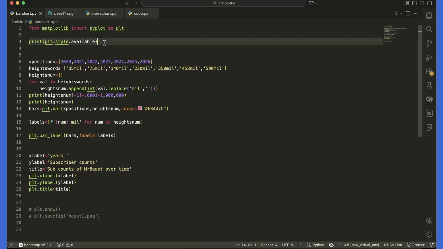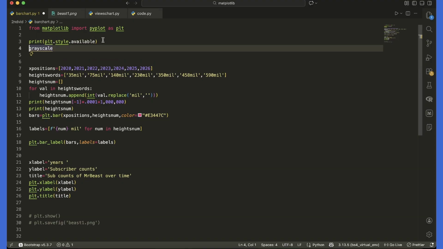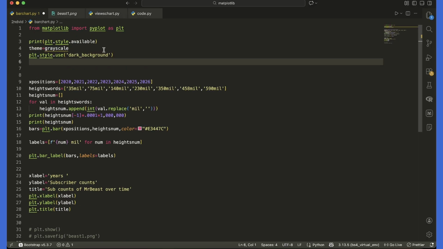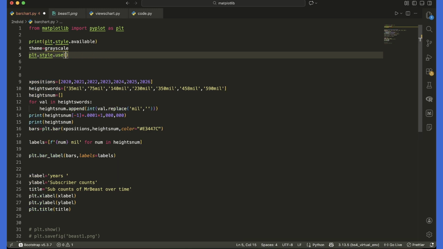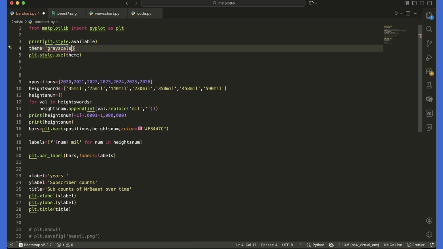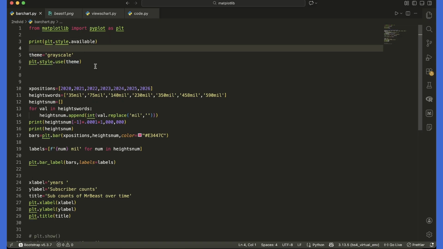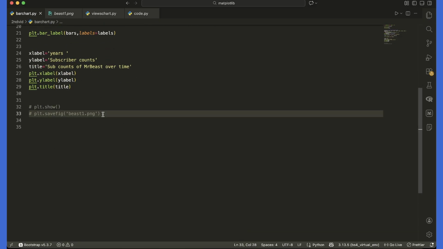So now we'll do theme, and then we'll do plt.style.use, theme, or you can just write grayscale directly in here. This is just a way to use variables. So now if I do that, and then I do plt.show,